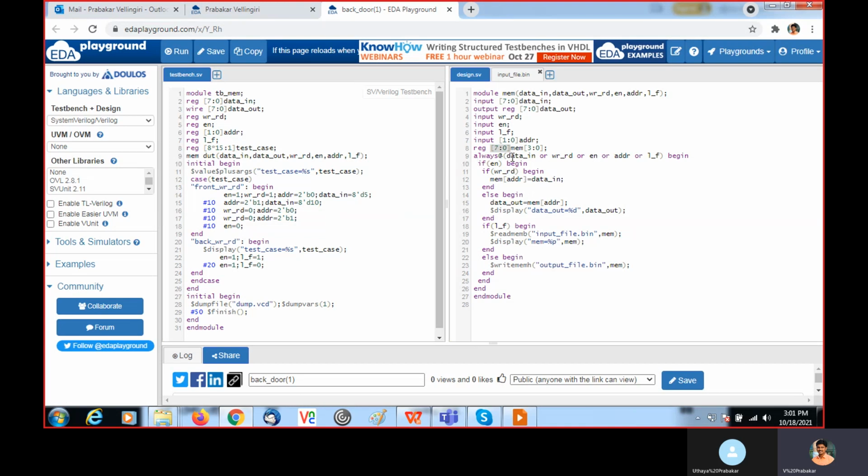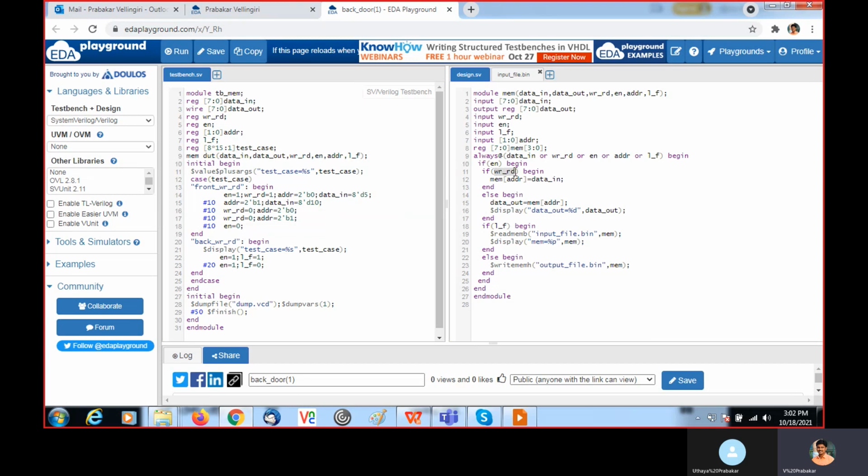Then always @ data_in. Here you should mention all the possible inputs. Only if enable is 1 can you do this operation. If enable is 1, then I am checking read_write.